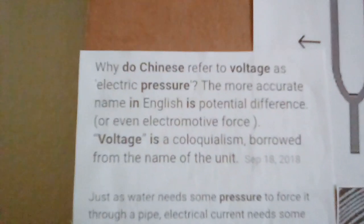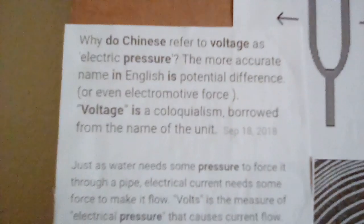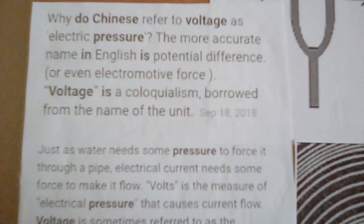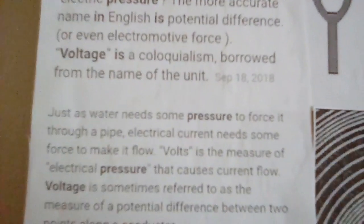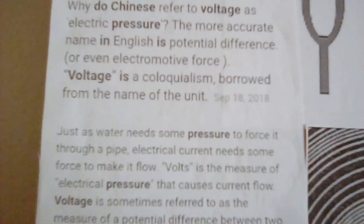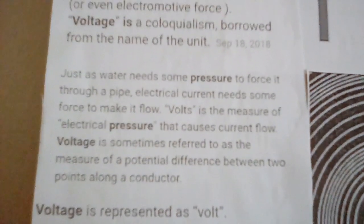Why do Chinese refer to voltage as electric pressure? The more accurate name in English is potential difference. They'll tell you the potential difference, or even electromotive force. Now listen to that. Electromotive force. Voltage is a colloquialism, borrowed from the name of the unit. Just as water needs some pressure to force it through a pipe, electrical current needs some force to make it flow. Volts is the measure of electrical pressure. So when we say a 9-volt battery,